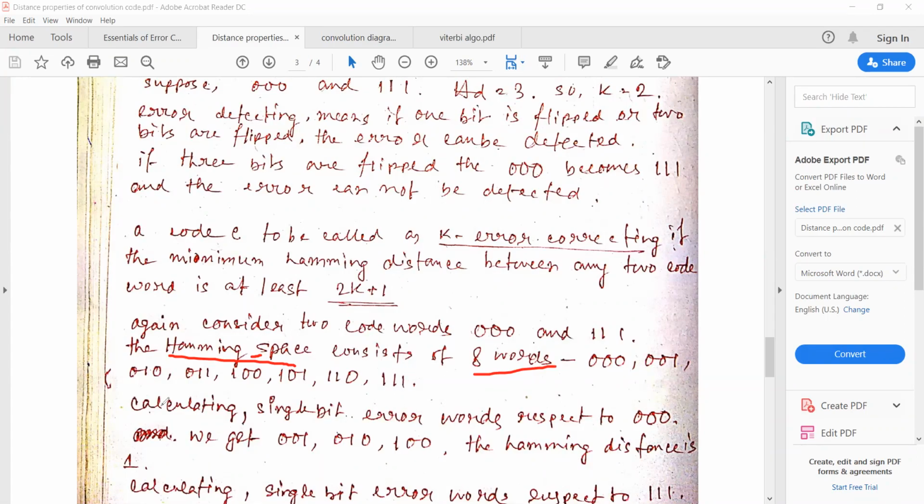Now calculating single bit error words with respect to 0, 0, 0, we will choose these 3-bit binary representations in such a way that the Hamming distance